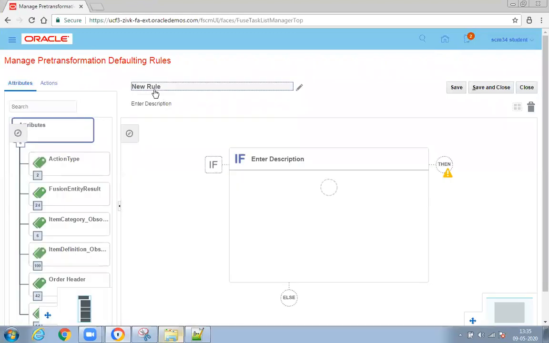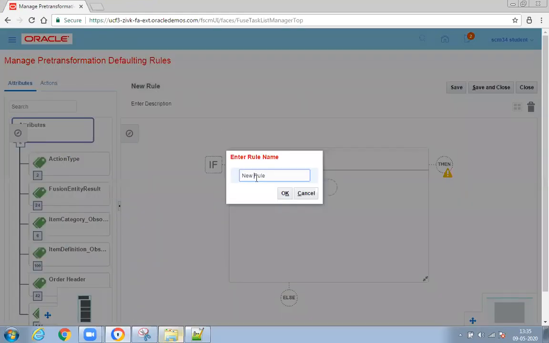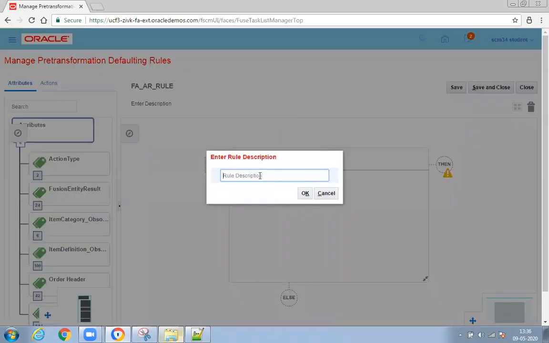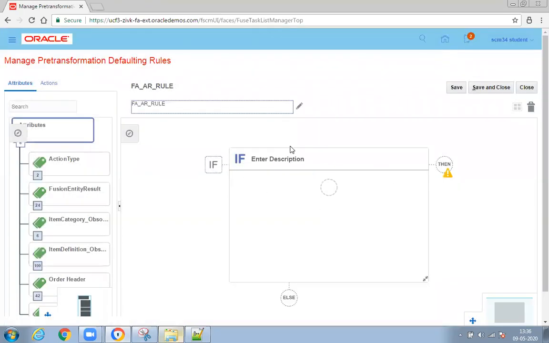So enter some name. Okay. So you very well know this is your if condition.